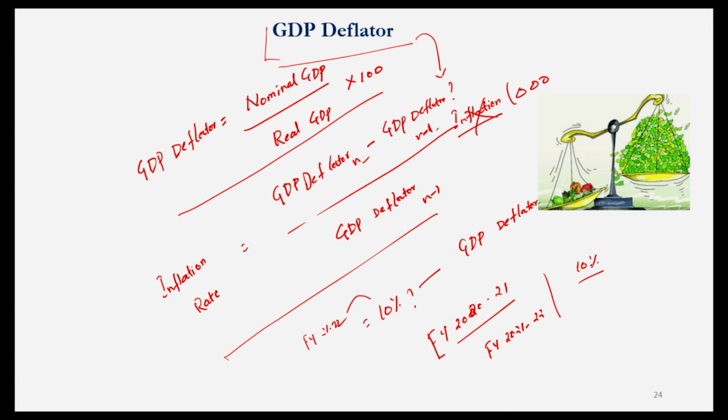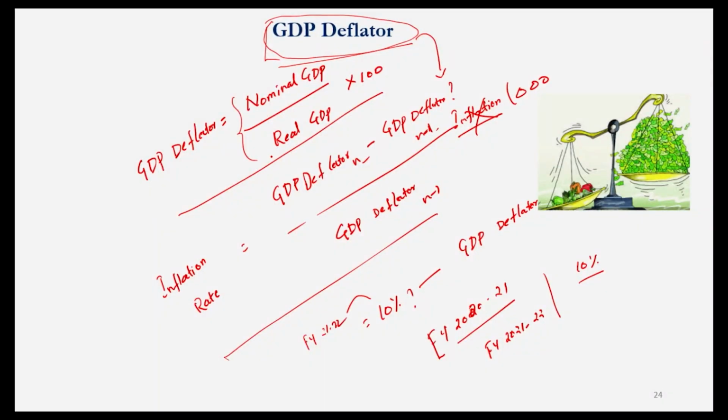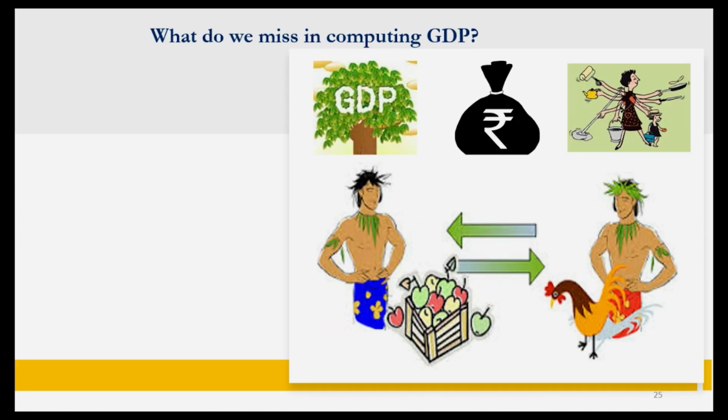Of course, there are different measures of computing inflation, using the wholesale price index, consumer price index, producer price index, service price index. But a very common way of measuring the overall inflation, how the prices of the basket of goods and services produced in the country are rising, is the GDP deflator. The reason I discussed it is to make clear that nominal and real GDPs can be used not only to compute the growth rate of the economy, but also a deflator, I mean the inflation.